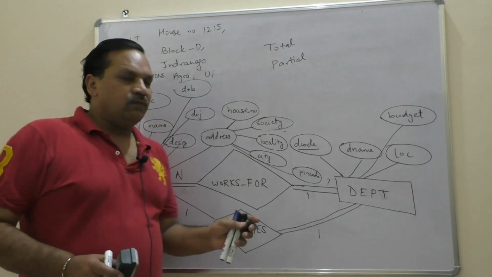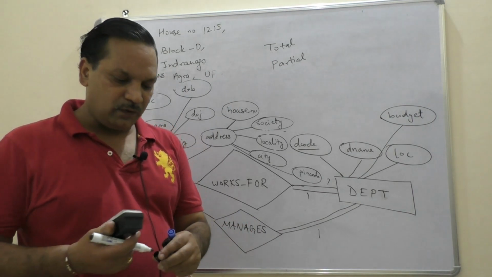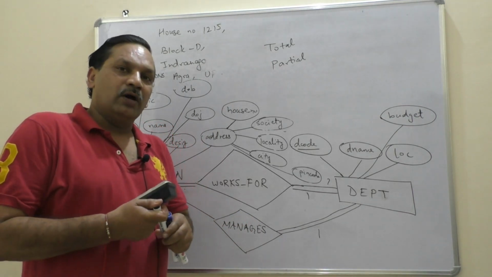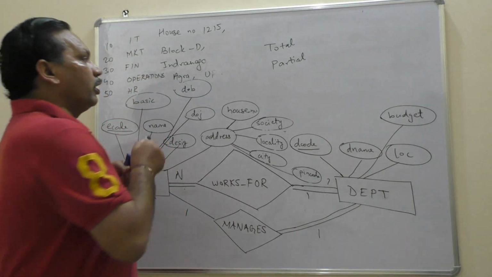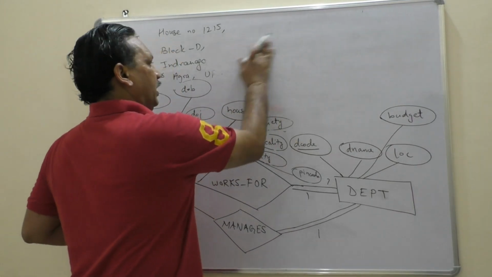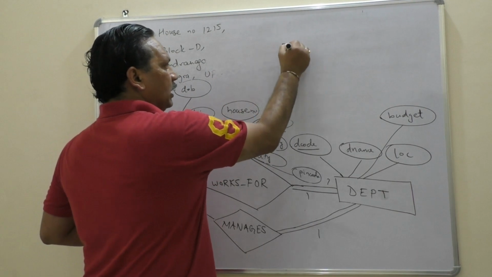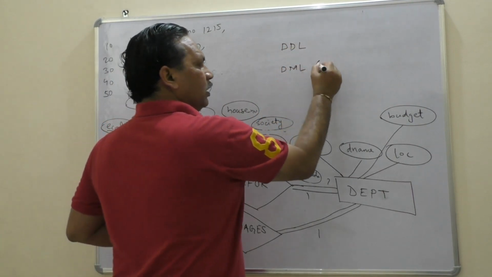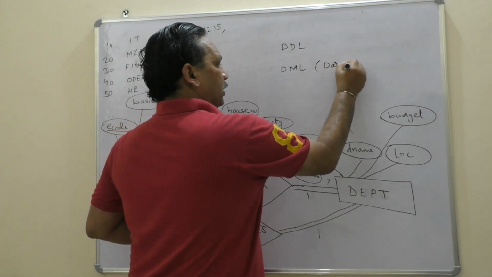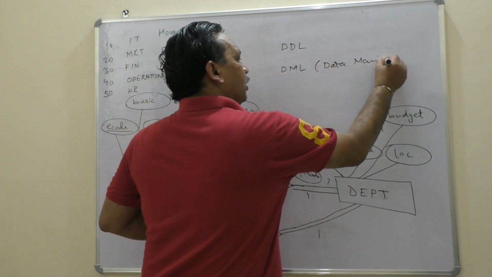So that's all for now. So we'll be continuing this further on database modeling. Okay, and in the next lecture I'll be teaching you how to create tables. Are you getting it? Now very important. So coming to DDL commands and then how to query those tables. DML. DML means data manipulation. Okay. What do you do in a table?